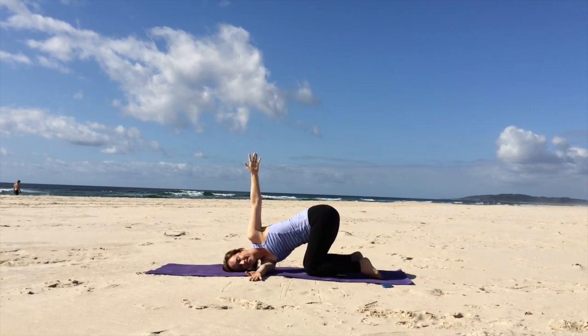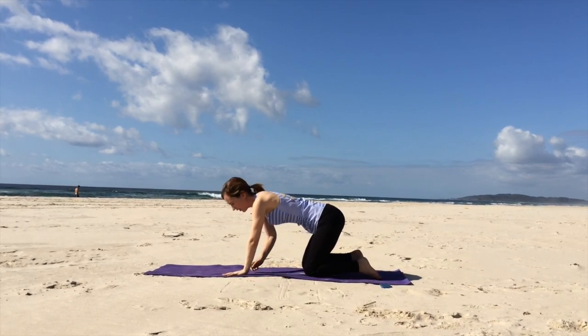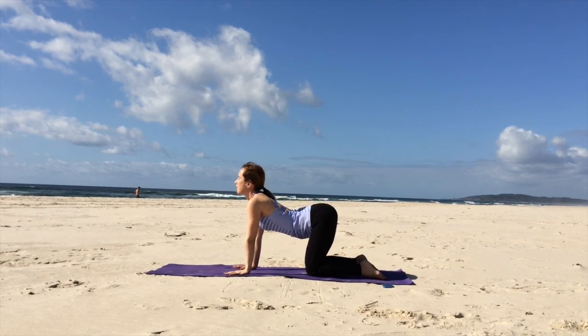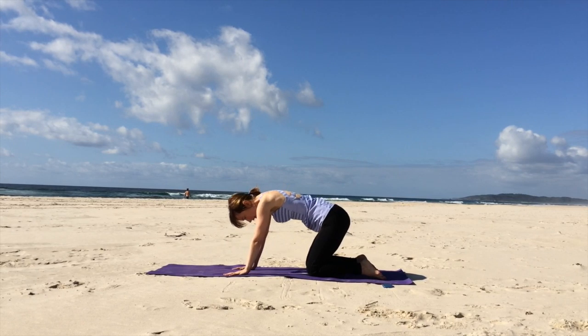Take a big breath in. As you exhale, left hand comes back down, coming back to all fours. A couple of cat-cow curls here, inhale. Exhale, keeping that flow of breath. One more inhale